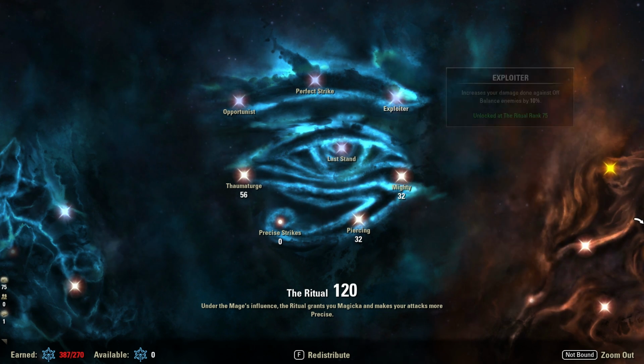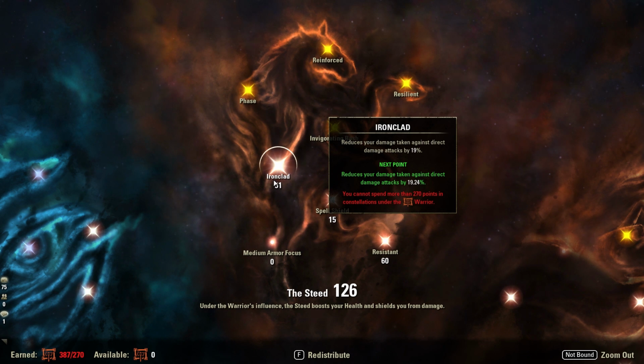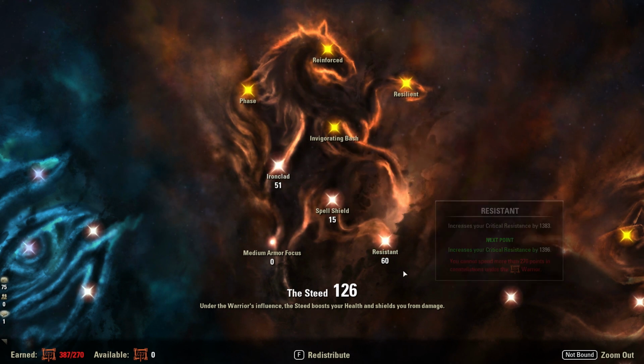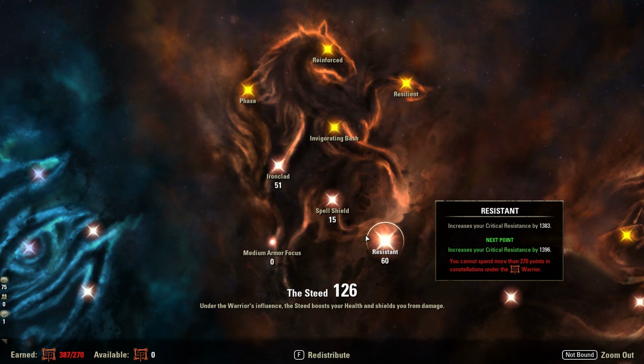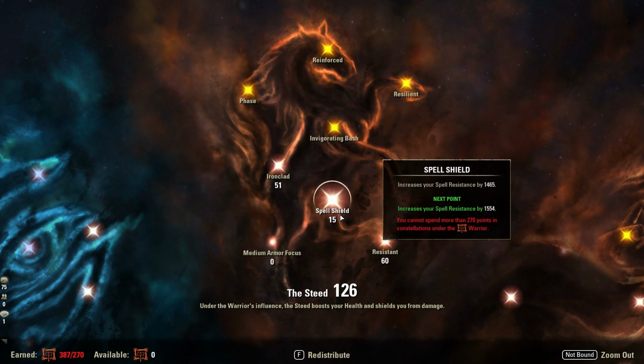corpses as well. Now, taking a look at the next tree we've got here, we've got this Steed, 51 Ironclad, 60 Resistant, and 15 in Spell Shield. Big focus on Ironclad Resistant because critical damage and direct damage are the biggest sources of burst in PvP. A few points in Spell Shield just to give us a little bit of front heavy bulk to our Spell